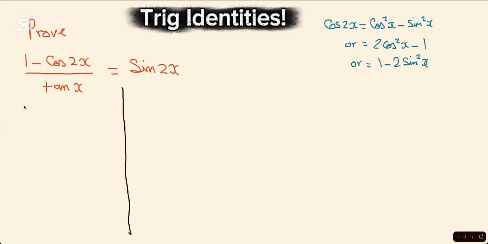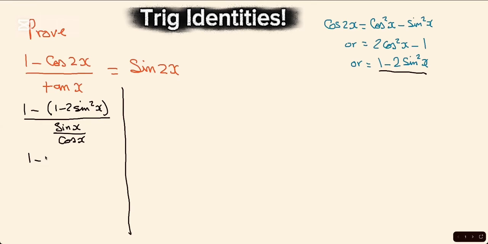Okay, so we have 1 right here minus cos 2x. I'm going to replace it, as I said, by this one right here. So brackets 1 minus 2 sine squared x, all over. And I'm also going to change the tan to sine x over cos x. Okay. Now I'm going to distribute the negative. So that's going to be 1 minus 1 plus, because the negative is a sign changer, 2 sine squared x